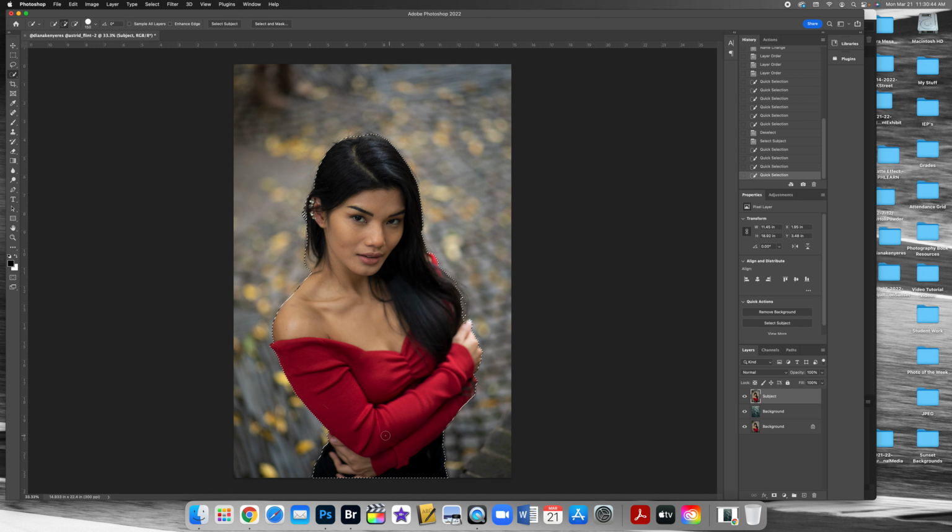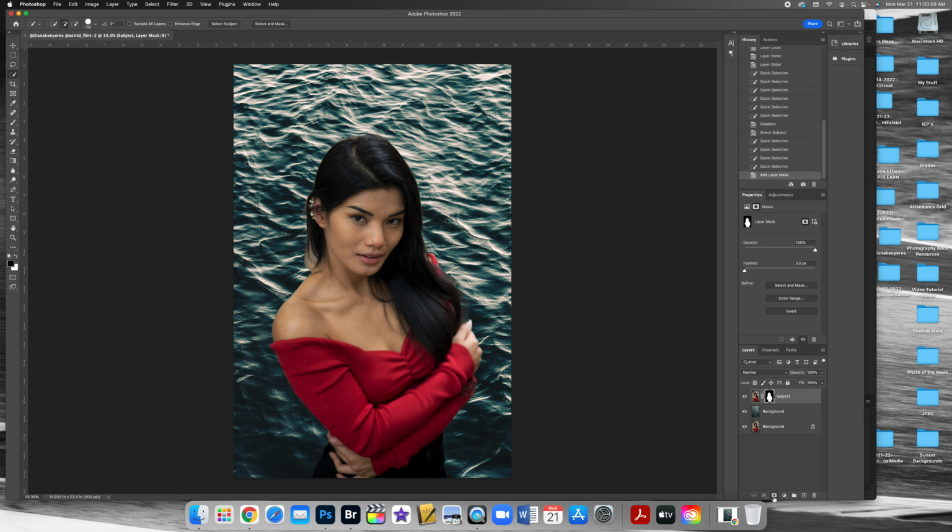I just want to make sure I got everything before I cut her out. So once I like my selection, I'm just going to go down to the bottom right. Below my layers, there's this little rectangle with a circle in it, and if you hover over it, it'll say add layer mask. So I'm just going to click on that, and when I click on it, you can see in my history